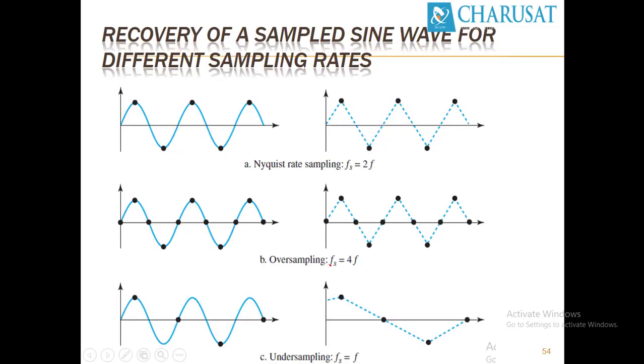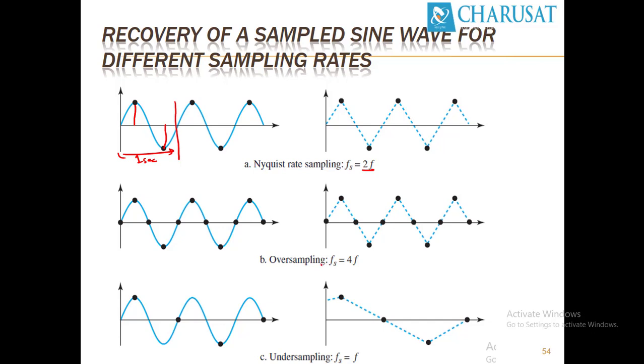Why is it twice? Let's see, there are three examples. The first example, let's say this is 1 second. So this signal, sampling rate, we took the sampling rate equal to 2f, twice the frequency. If this frequency is 1, this is completed in 1 second. So we have to take readings at 2 different sample intervals. So that's the meaning of twice. So we have to take 2 samples. Here we took the first sample over here, the second sample over here.